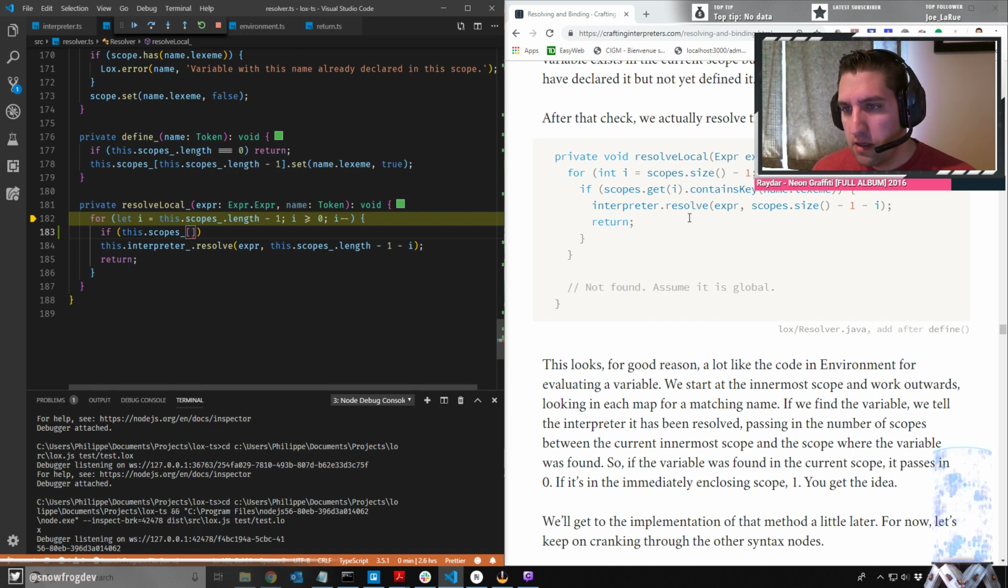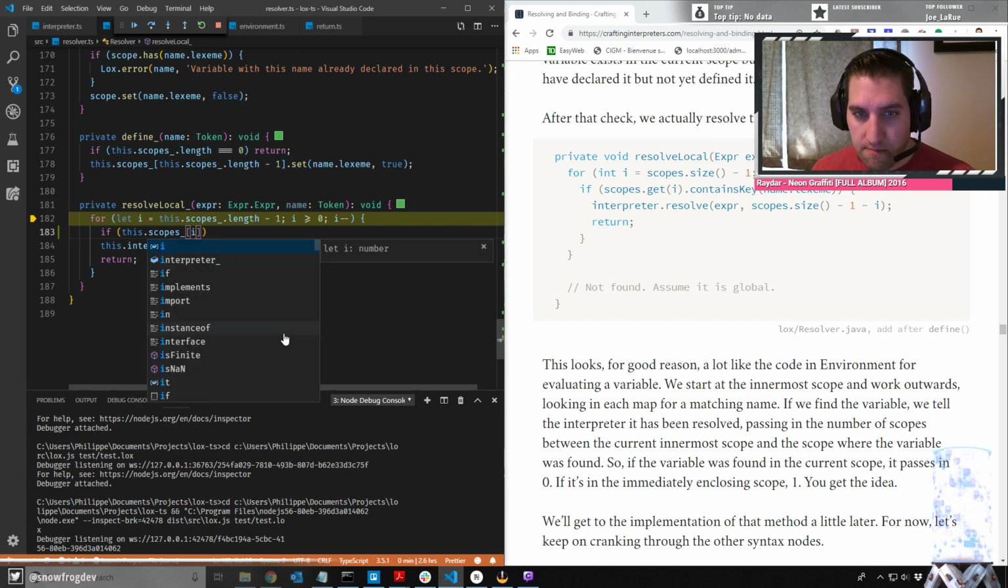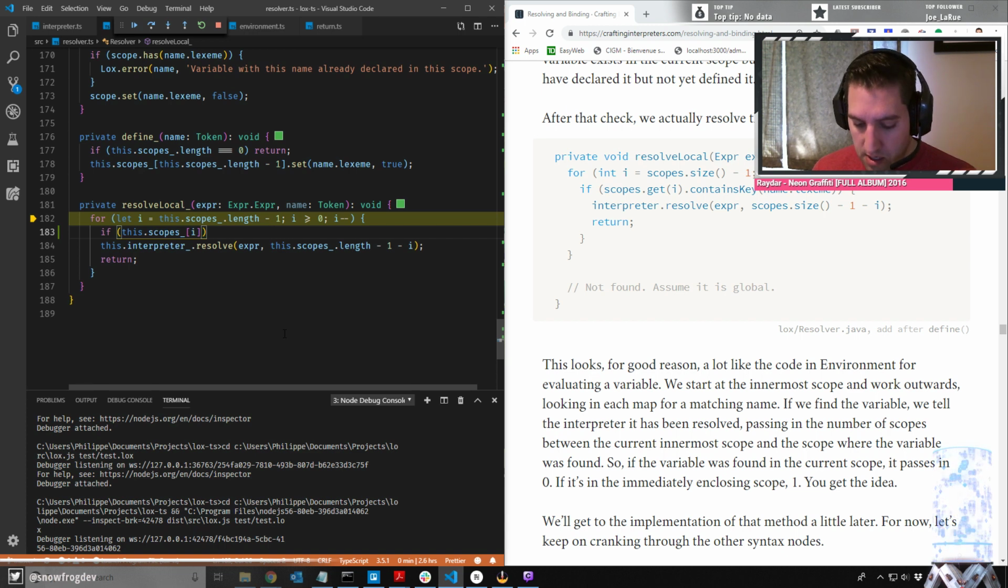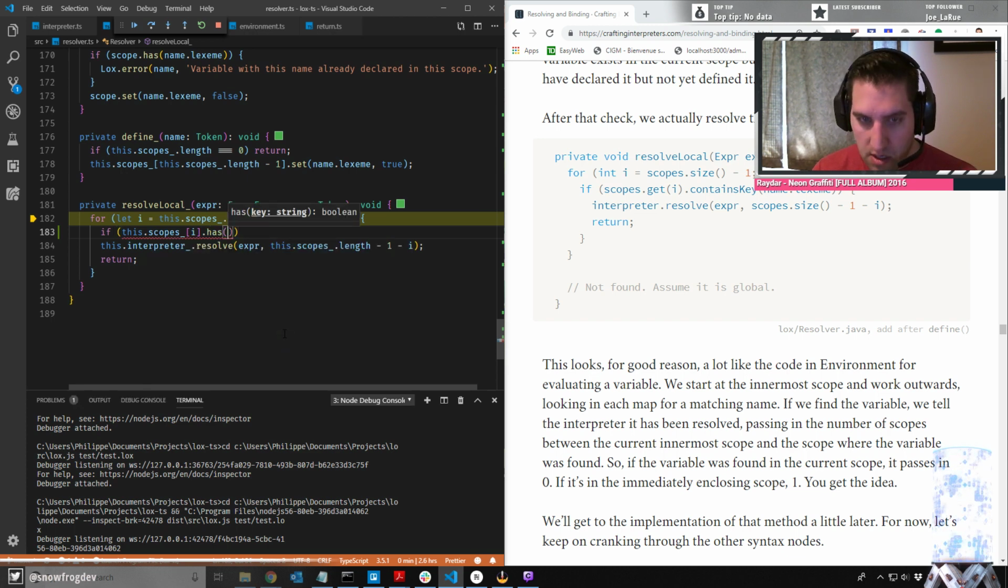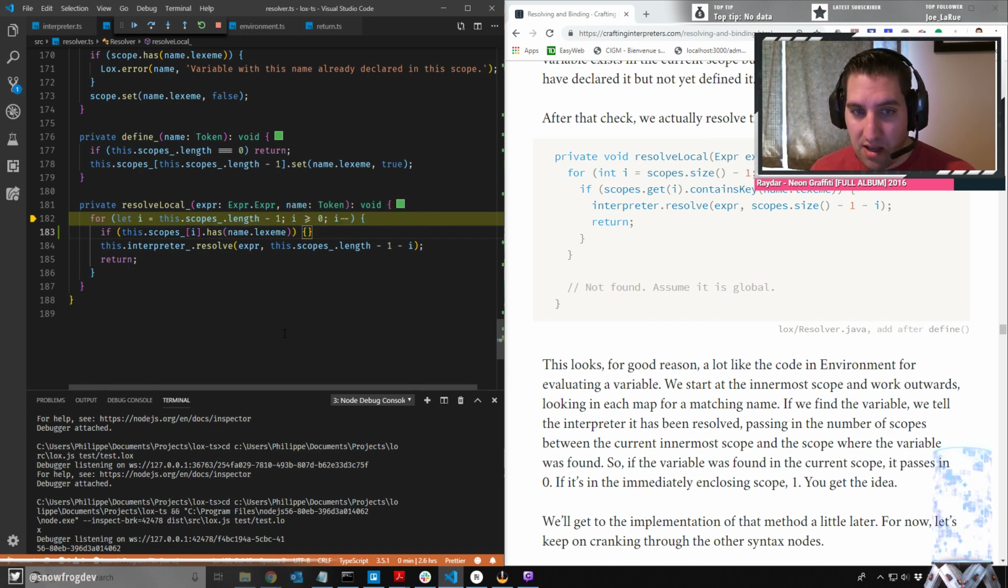Wait a second. Get. There's a get on the stack. Anyways, who cares? Let's just do it. So we're basically getting i, okay. And then that's going to give us a map. We don't have containsKey, but we do have has in JavaScript. And there's our name, not lexeme. Aha! Now if it has it,